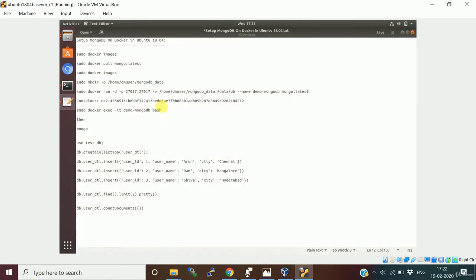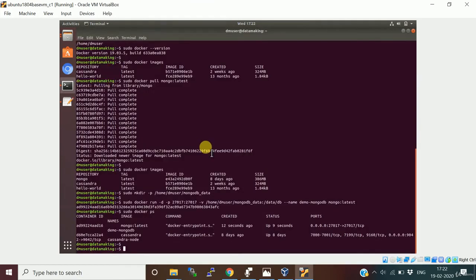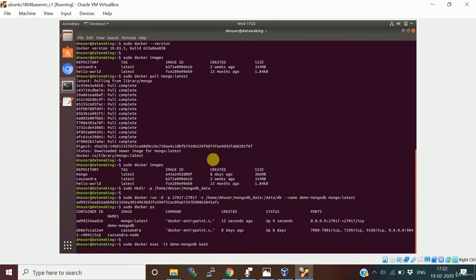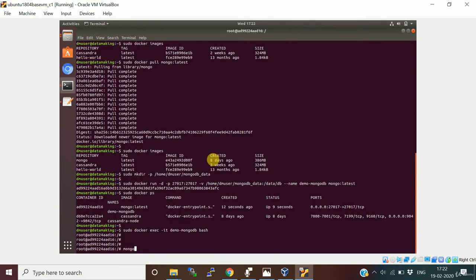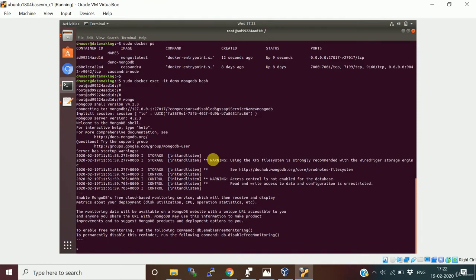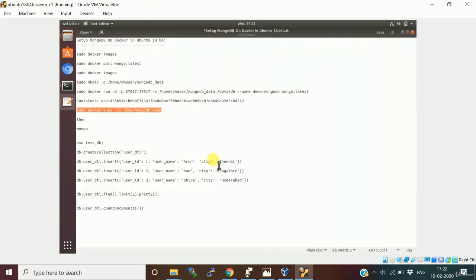So let's log into this container, which is demo MongoDB, in bash mode. So it is logged in. Okay, so just type mongo, which will open the mongo CLI. In the mongo CLI, just use the database name.